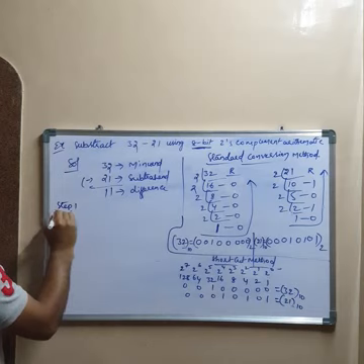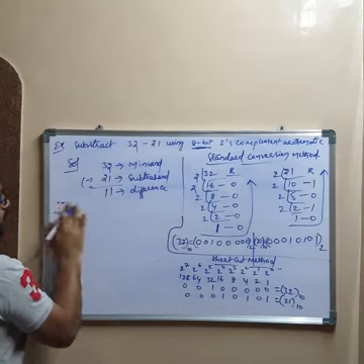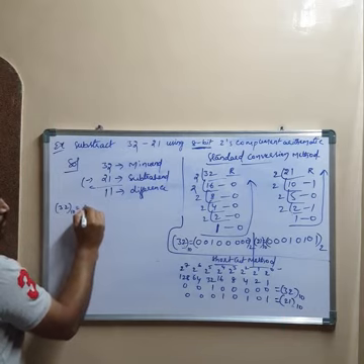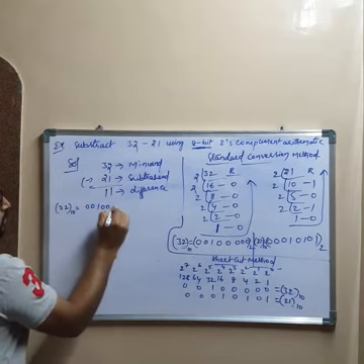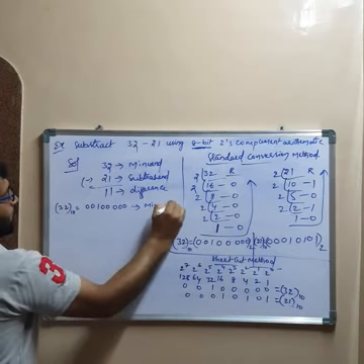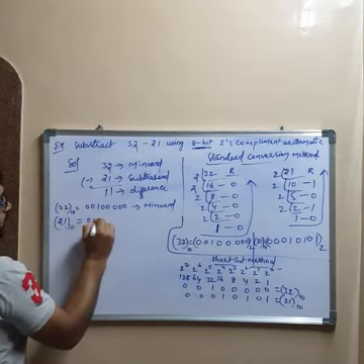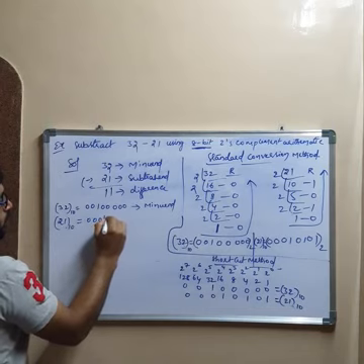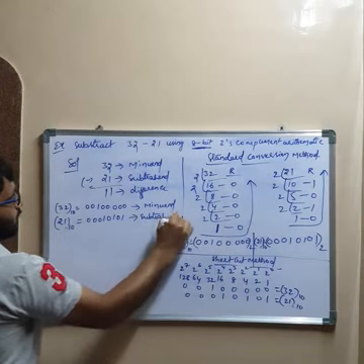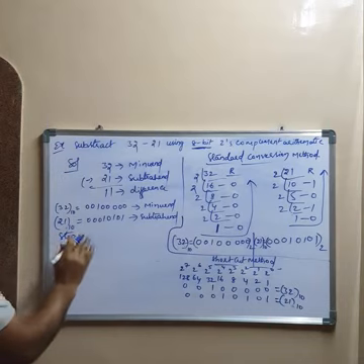let us come back to our subtraction. Step 1. The first number is 32. I am writing the numbers in binary. 32 base 10 is equal to 00100000. This is the minuend. Next, 21 base 10 is equal to 00010101. This is the subtrahend, right? So let us subtract these two numbers.